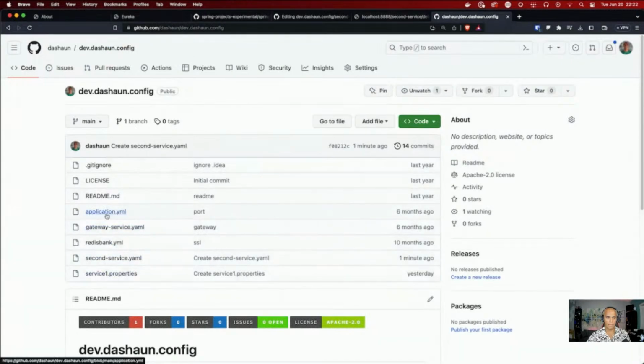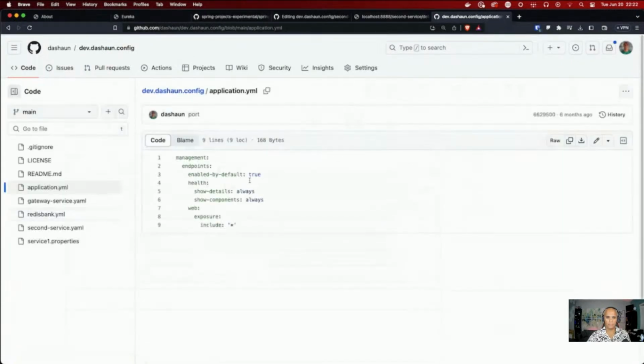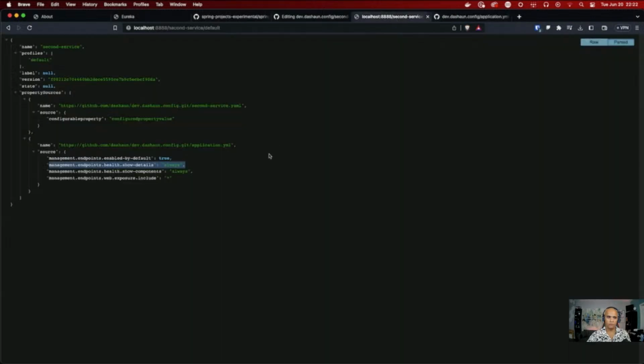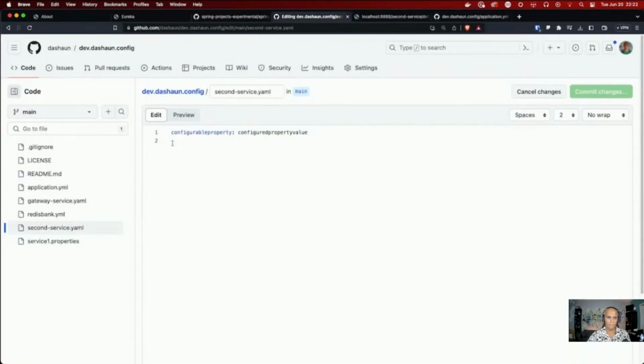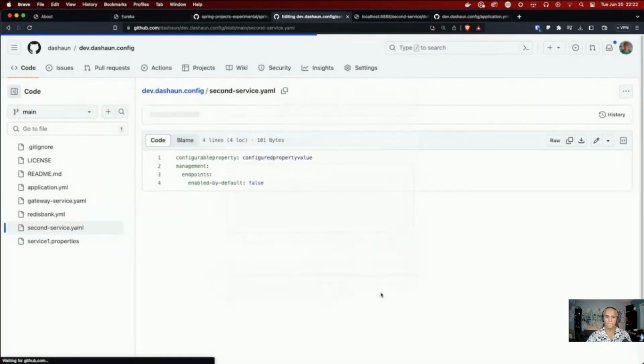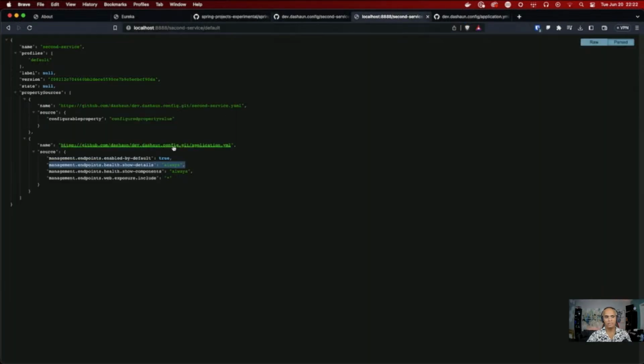And from application YAML, it says, hey, we're going to do this. But I'm going to say, hey, you know what? For second service, we're not going to roll like that. Endpoints are not going to be enabled. Commit those changes. So now, when somebody asks second service for the defaults,